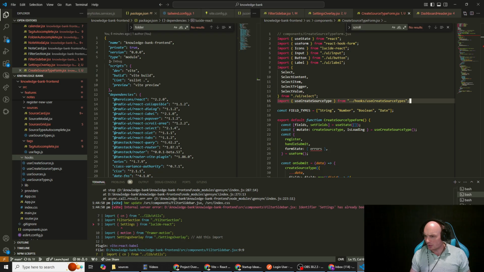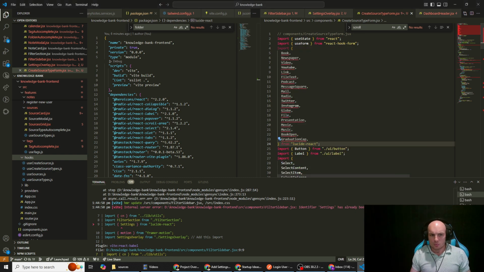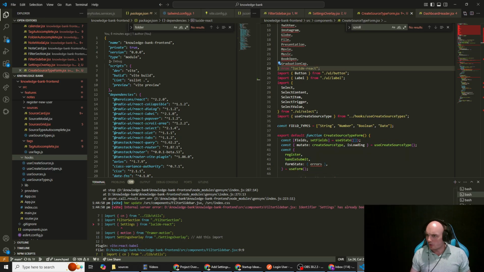It does not provide an export named. Okay, so that was a mistake on Claude's part, so bring that in, and then field types, and then available